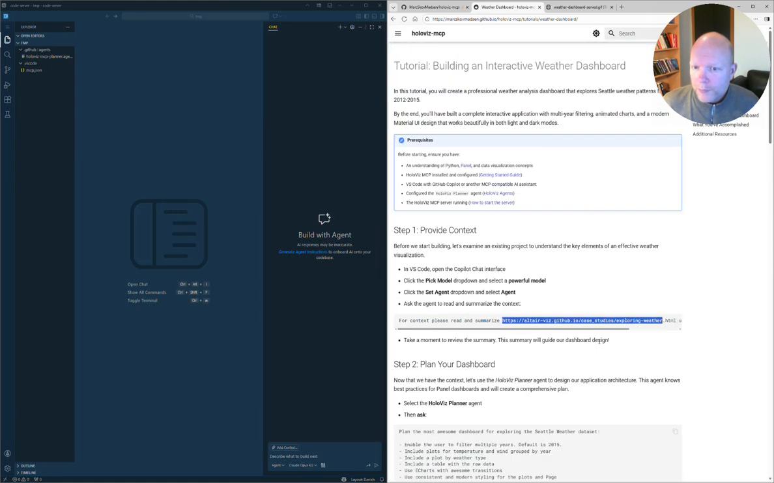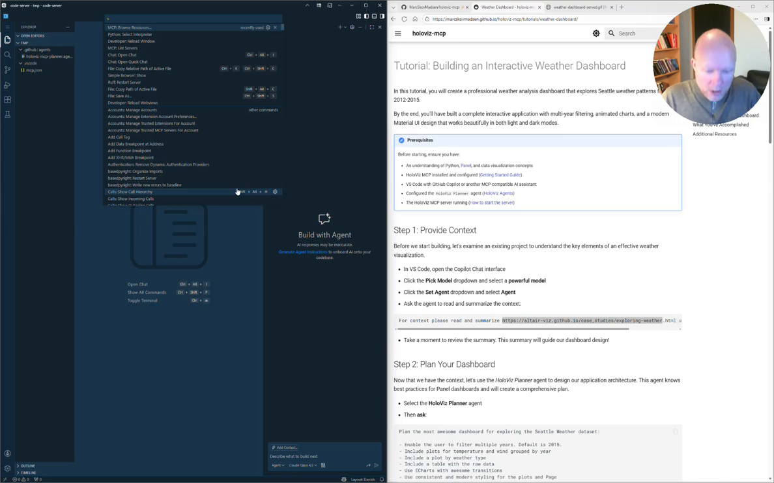There are a few prerequisites that we need to check before we start out. We need a basic understanding of Python, Panel, and data visualization concepts. We need the Holoviz-MCP Python package installed and configured. So I can test that. Here in VS Code, we will have